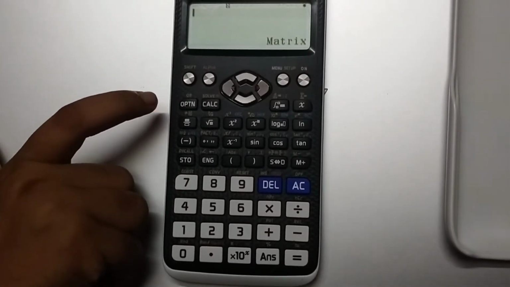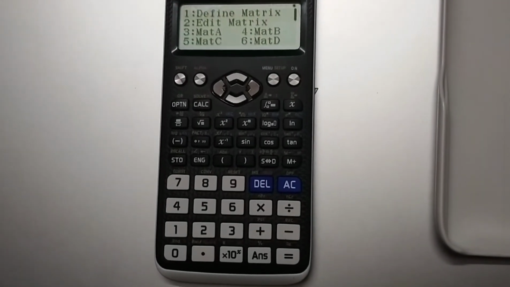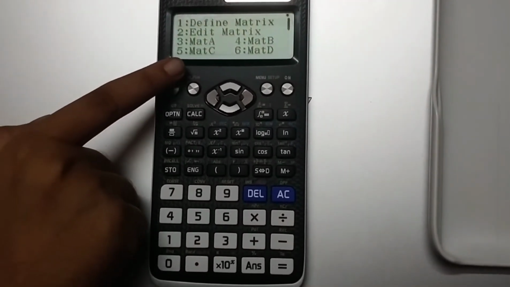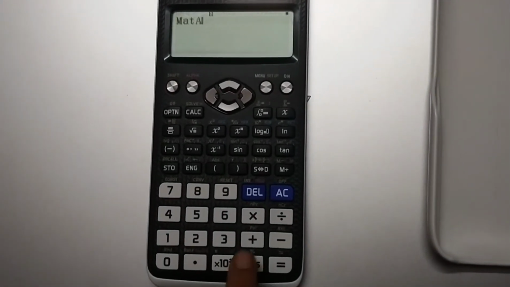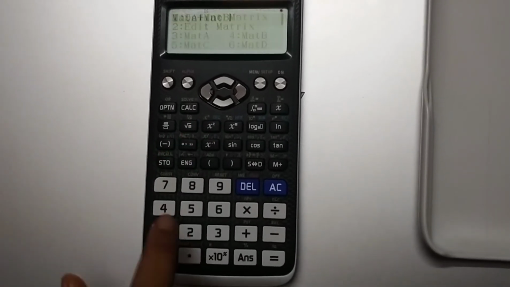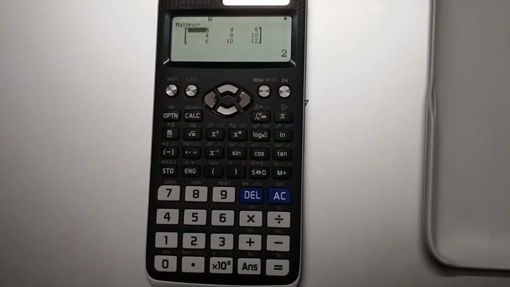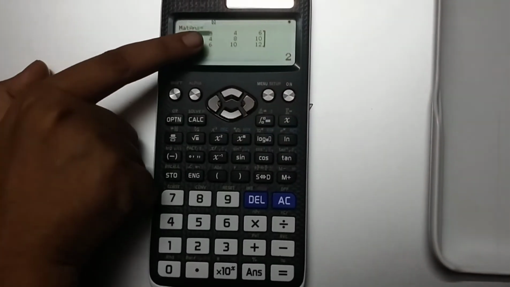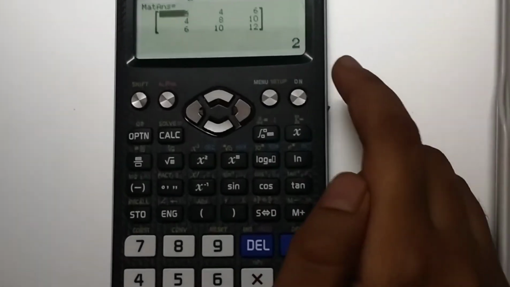For adding, I am using this. Go to OPTN, which means option. Click 3, because here is matrix A, you can see 3. After that plus, go to option again and 4, equals. So here you can see 2, 4, 6, 4, 8, 10 like this.